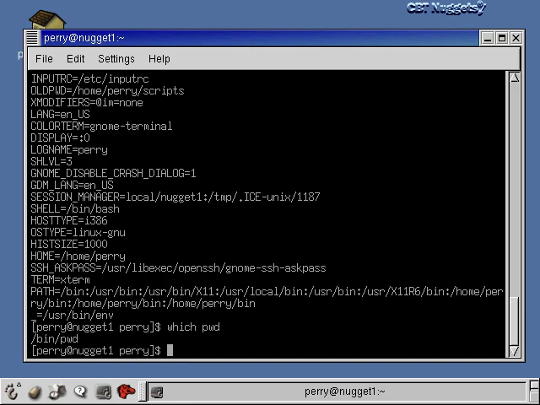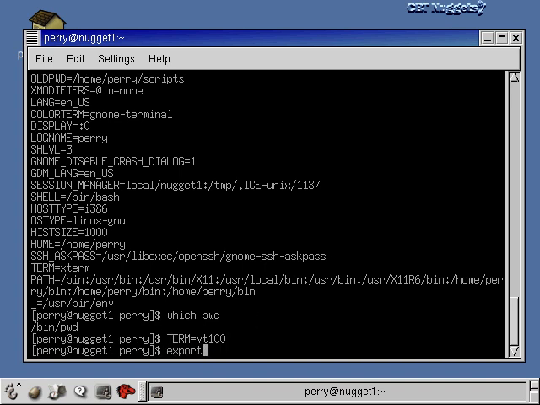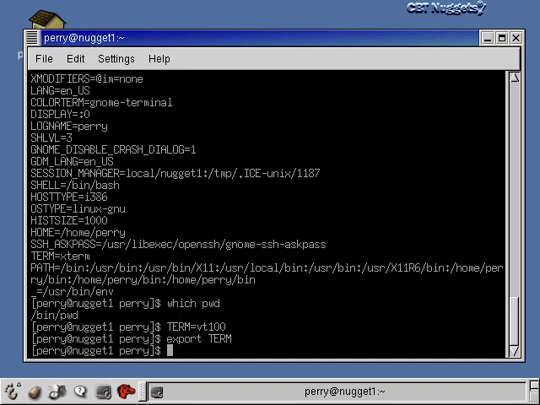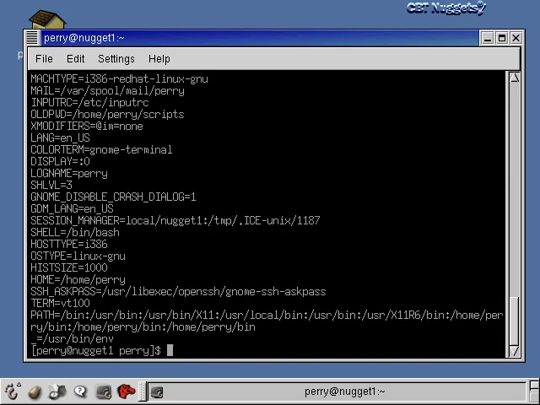Now let me show you actually how to set an environment variable explicitly. Okay, and we've done this before with the display environment variable or with the path environment variable. Let me explain it to you again, and maybe it'll sink in more since we've been talking more about environment variables explicitly here. Okay, so one of the ways to do it is just to give the environment variable, give an equal sign, and set it equal to what you want. So like I was saying, sometimes you want to set term equal to VT100 when you're using a telnet connection, okay, if things are going wrong. All right, so term equals VT100 will do that, and then what you do is you say export term. Now this makes the term variable that you just set take effect, okay? And now if you do an env again, you'll see down here the term variable is now set to VT100,